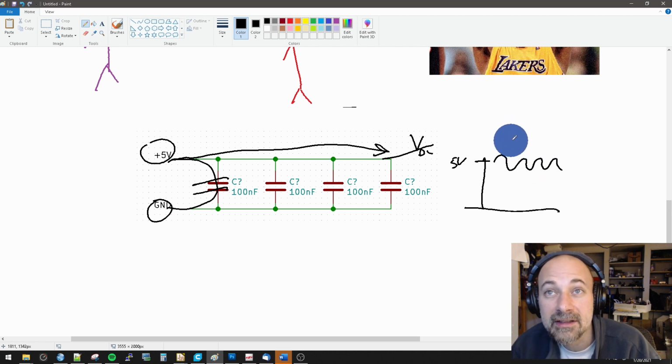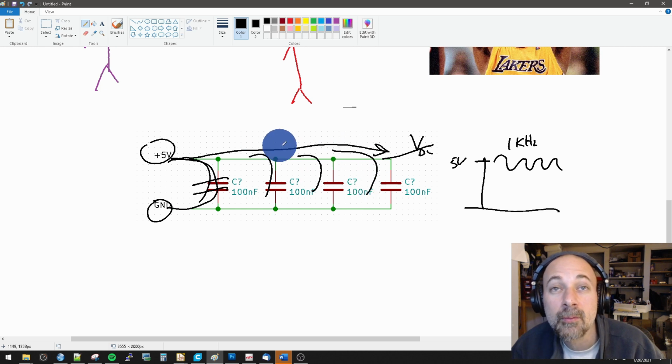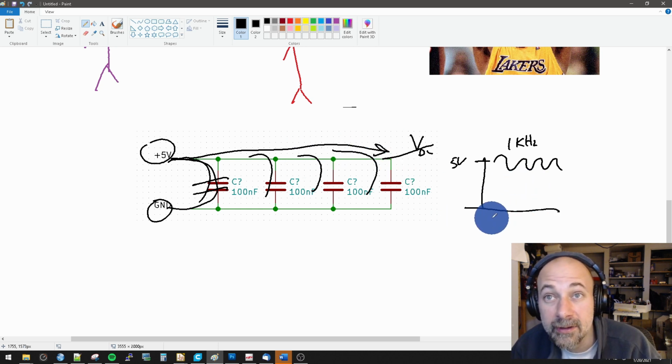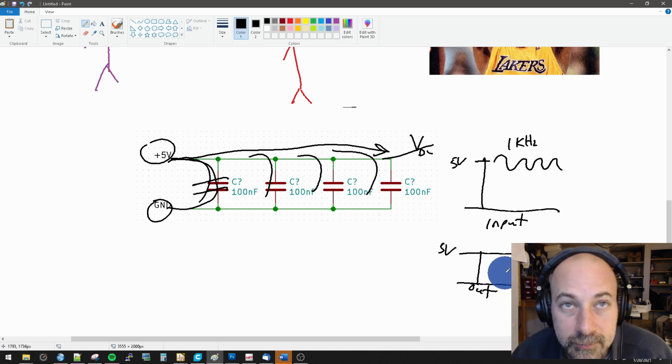Let's just say it's 1 kilohertz. The AC part of that, the changing part, will go down, but the DC component will stay the same. And so this is the input that I just made up. Then your output will just be 5 volts. And so that's part of the significance of blocking DC but allowing AC. This comes up a lot when designing amplifiers and things of that sort. But just remember,